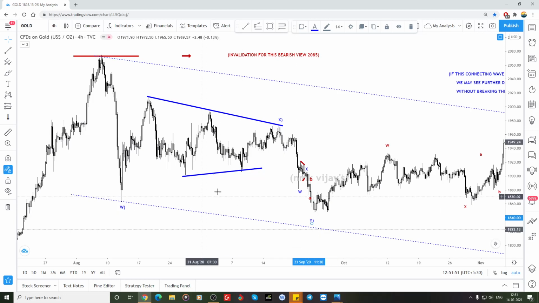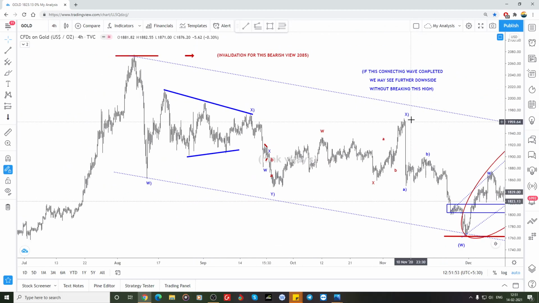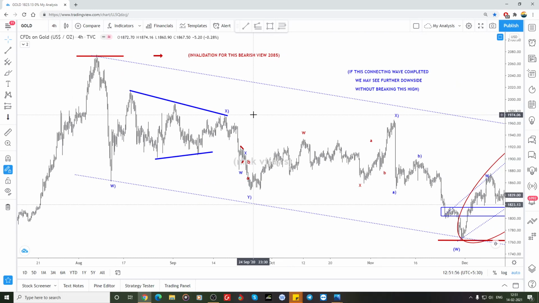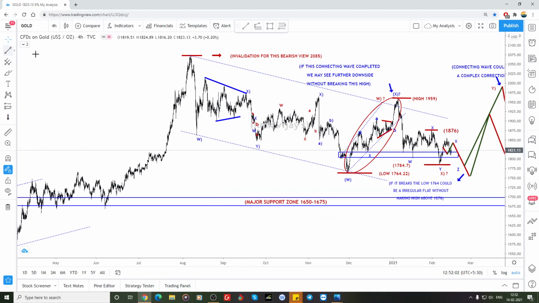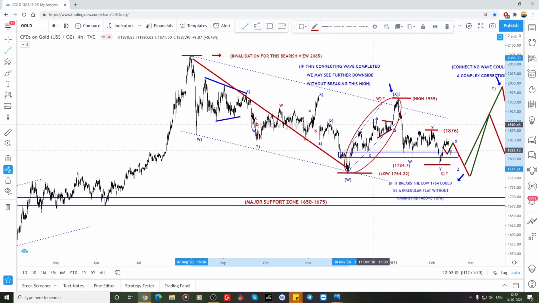It's already broken the low. After that, again the X, right? The continuation, and it didn't break the high. So it is still a valid ABC. So the Z wave is completed. So one simple correction got completed,